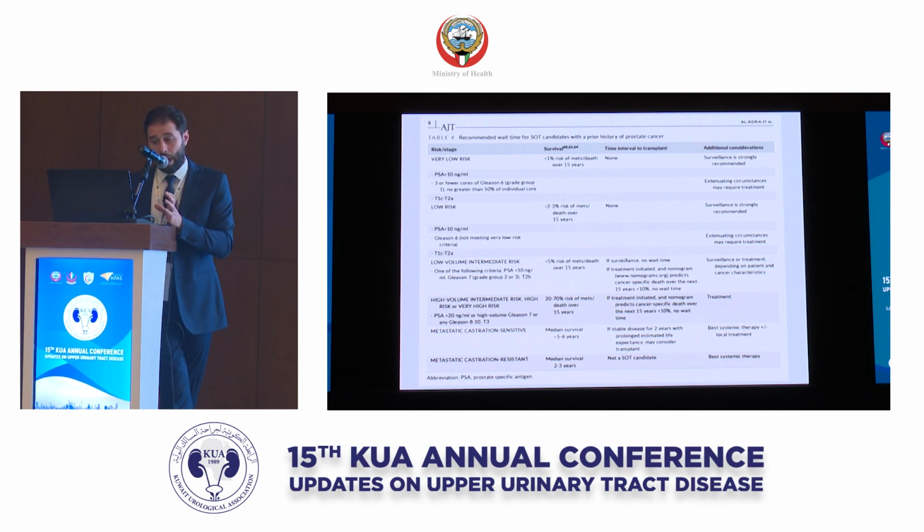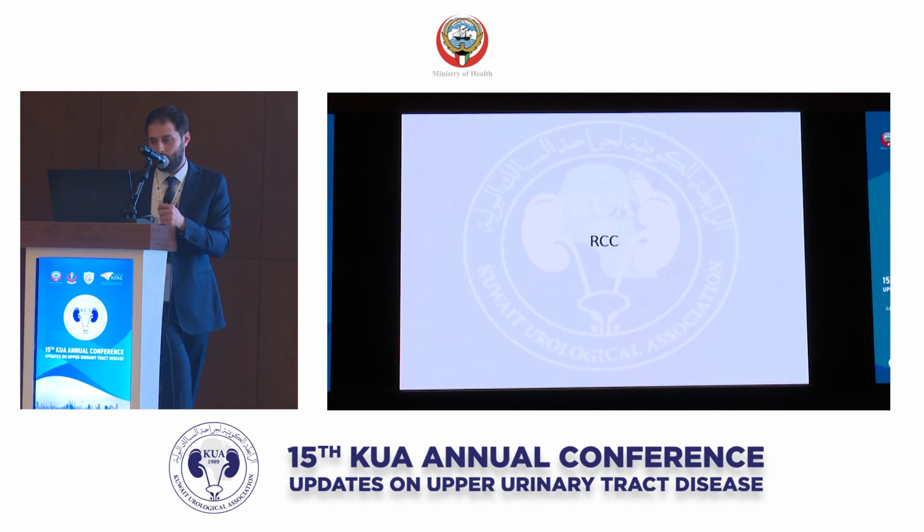Really, at this point of time, the only patient you should not even consider transplanting is metastatic castrate resistant. Because metastatic castrate sensitive, if they have stable disease for 2 years, then they're unlikely to flare up in the next 4 or 5 years. Then you can transplant these patients, especially if they have a living donor and they understand the risks associated with that. So if we moved on to renal cancer,